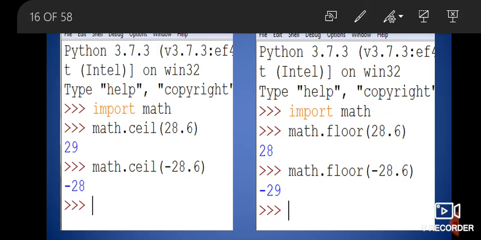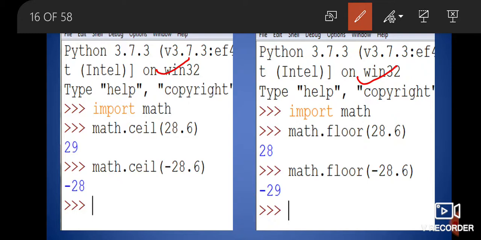Now here you can see I am operating these two functions simultaneously. In this case we are using the ceil function. In this case we are using the floor function. Now how to memorize these two functions? You know that ceil is always on the top. So ceil gives you the larger of the two integers, and floor is at the bottom. So floor gives you the smaller of the two integers between which the given number lies. If you remember this concept, it will be easy for you to understand this function.